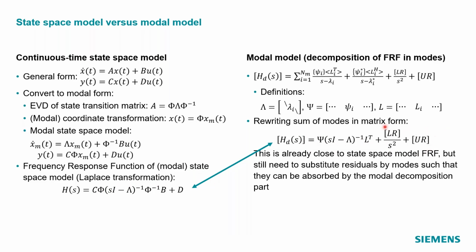We just have here a bit of troublesome terms, the lower and the upper residuals, and they are quite important to include. They do not easily transfer into a state space model. So the trick that we will apply there, and you will also see it in the demo, is that we are going to substitute these lower and upper residuals by some artificial modes that are far away from our frequencies of interest. And then we can include them in this general part of this equation. And then we can do the mapping on a state space model. That's a bit the idea.